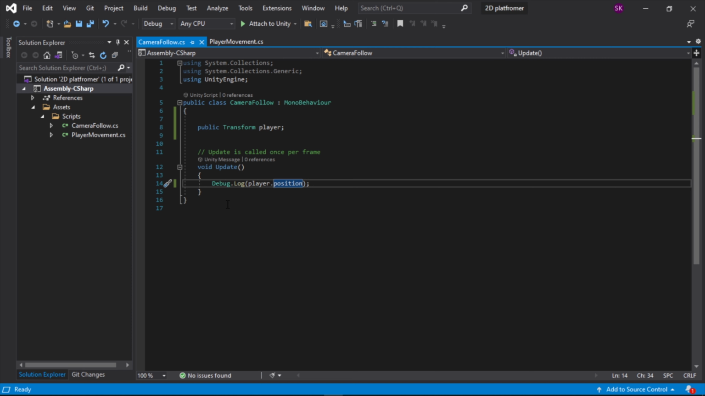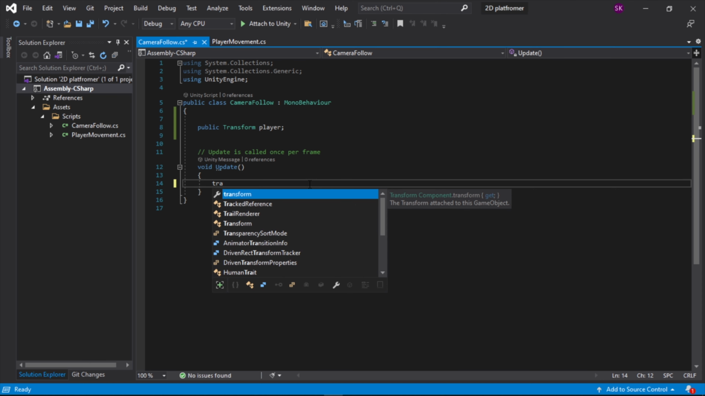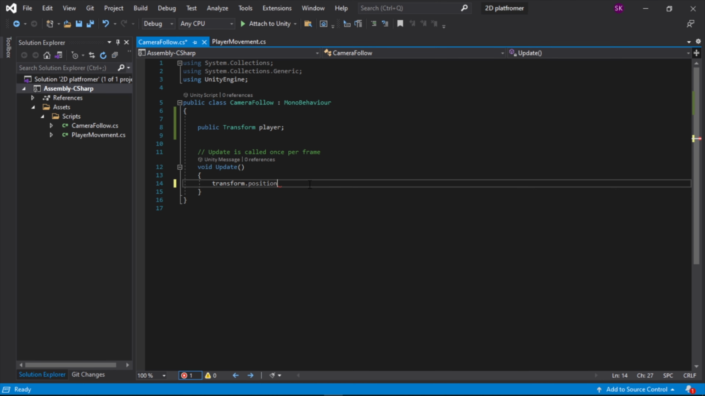So I'm going to exit out of play mode, go back to Visual Studio, clear out this line and type transform with a smaller t dot position. This actually refers to the transform of the object that the script is sitting on, meaning the camera's transform. So transform.position means the camera's position in this case is equal to player.position and end the line with a semicolon. And now if we save and go back to Unity and press play,